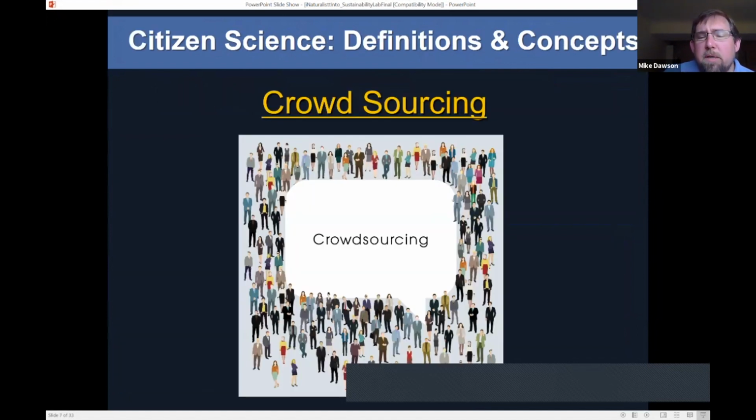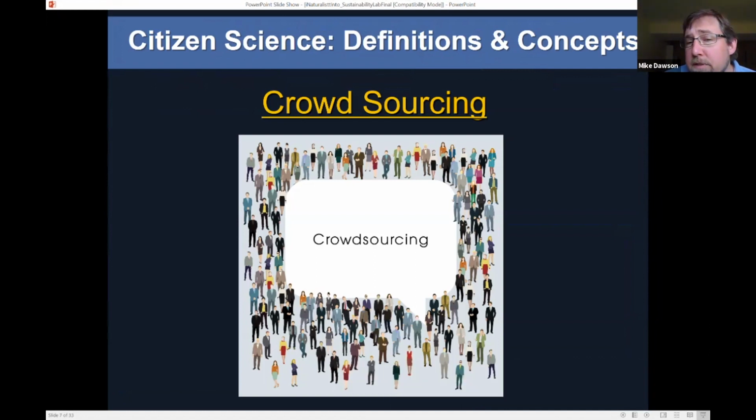And so one of the biggest terms that pops up a lot when you talk about citizen science is crowdsourcing. And by itself, it's not citizen science, but a lot of different citizen science projects use crowdsourcing. And it's pretty powerful because if you think about collecting data, there's only so much data one person could collect. And so having a large group of people to be able to help collect your data enables you to collect